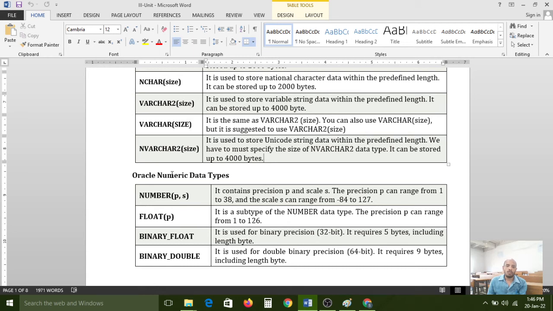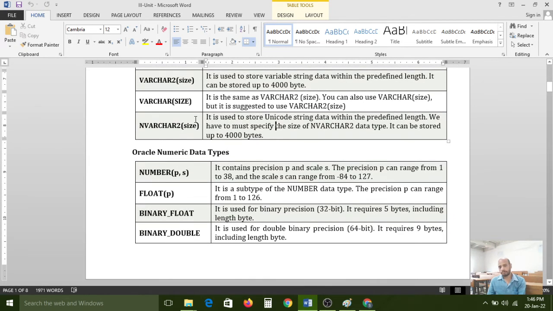ASCII represents only uppercase letters, lowercase letters, and 0 to 9 numbers. Unicode can represent different types of mathematical symbols also. So compared to ASCII, Unicode shows the highest performance. That's why the industries are now recommending Unicode characters, and that's why they have introduced these many data types.